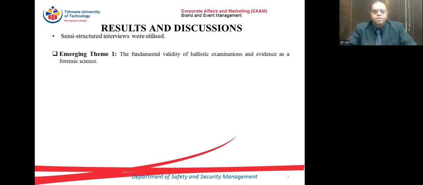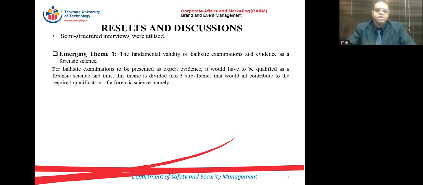Emerging theme 1, called the fundamental validity of ballistic examination and evidence of forensic science. For ballistic examinations to be presented as expert evidence, it would have to be qualified as a forensic science. And this theme is divided into 5 sub-themes that would all contribute to the required qualification of a forensic science, namely,